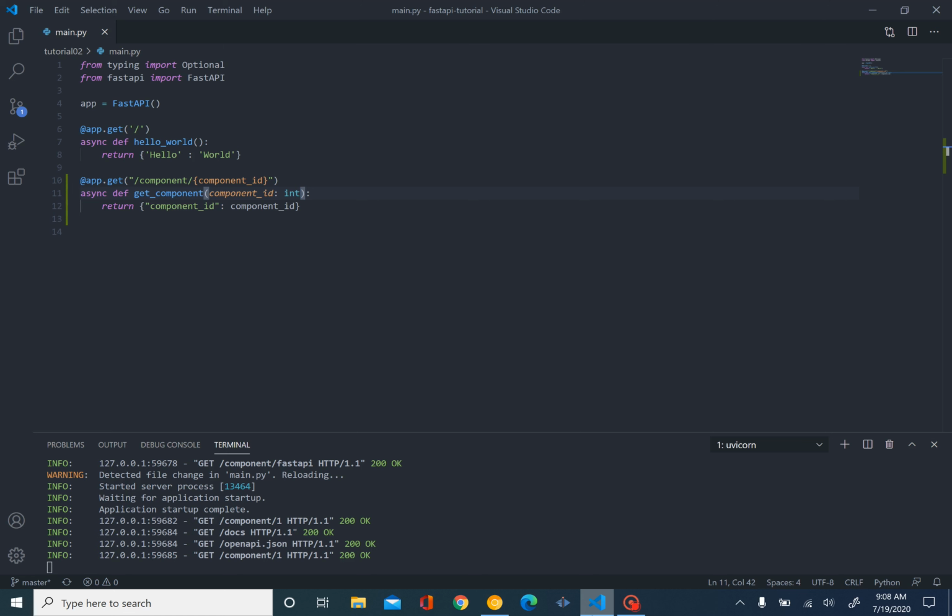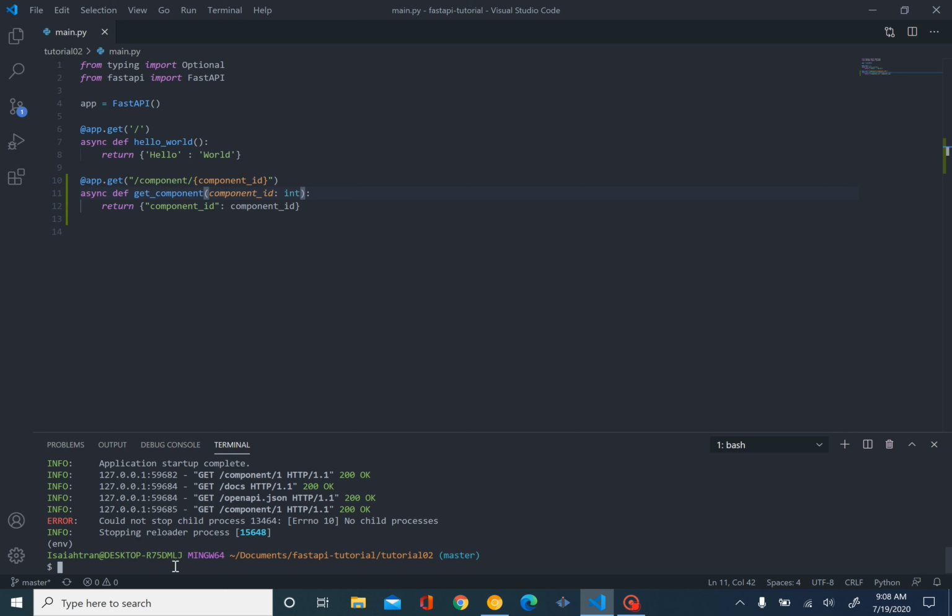Our next part of our video is about query parameters. So query parameters are another part of FastAPI, a very fundamental feature. Basically, query parameters in just basic words is that it's not a parameter defined in the path, but in the function itself. So at app.get component,